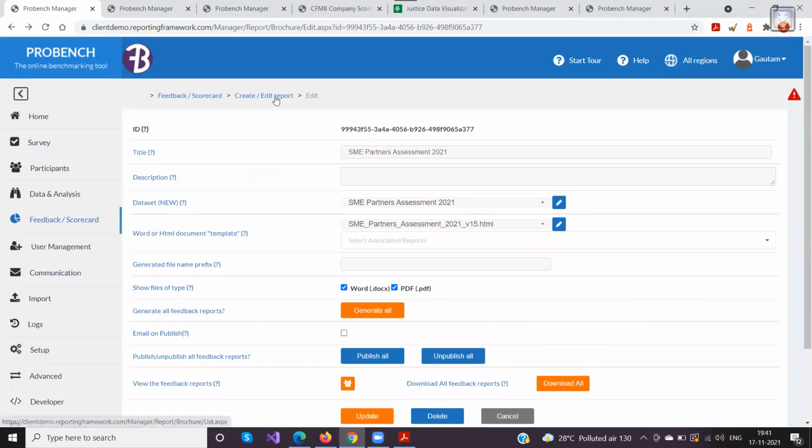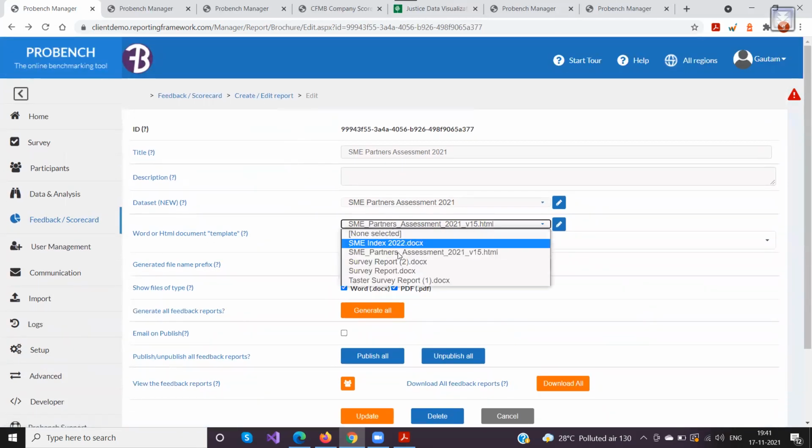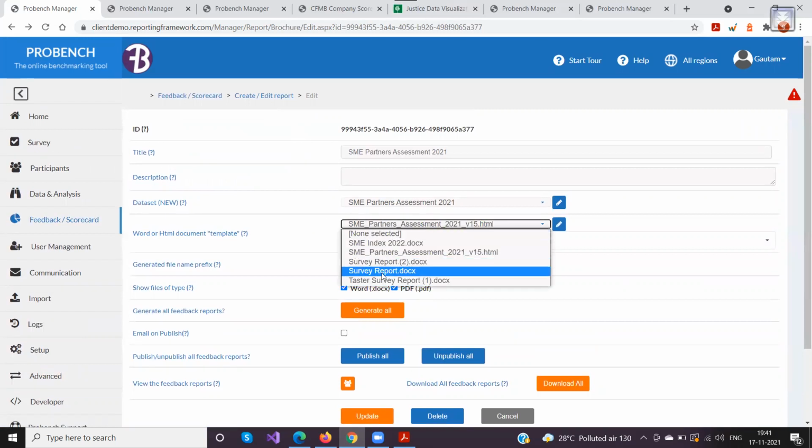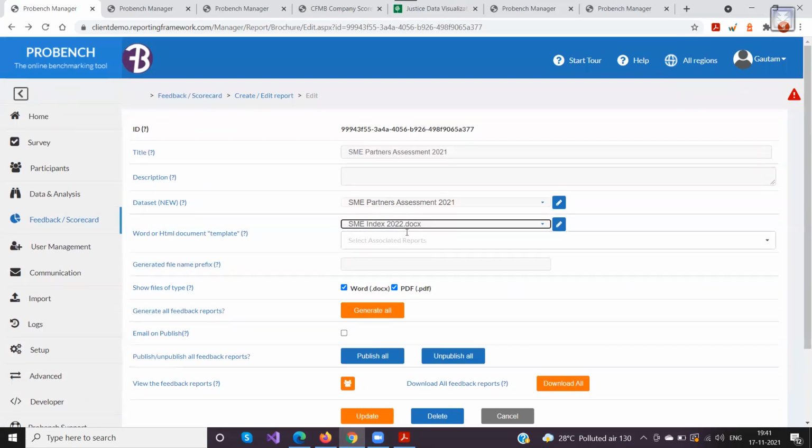Okay, if you see here, there are multiple other reports or files that are associated. Whatever file I select here, the design of that particular file would be taken as a template for multiple feedback reports.